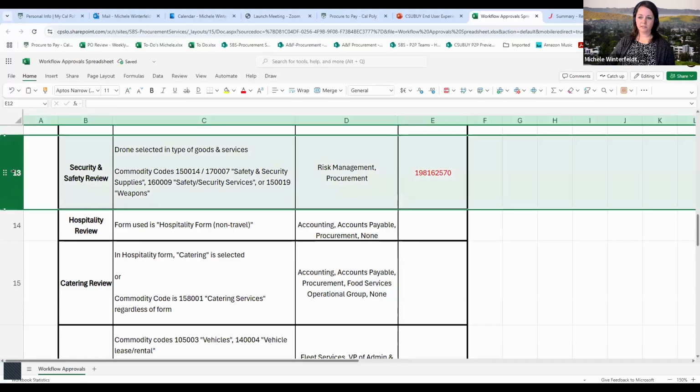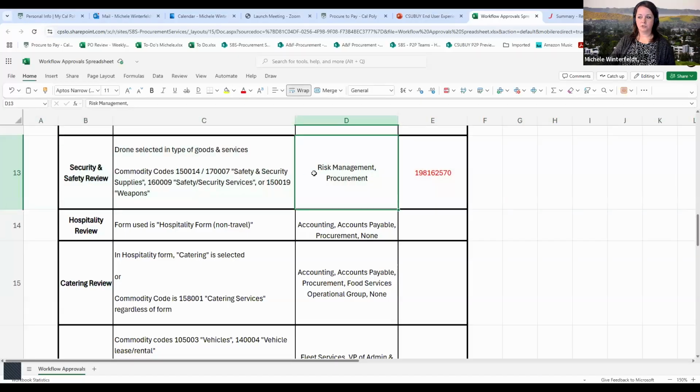Security and safety review is another review. Drones, safety and security supplies and services, weapons. There are several triggers, and so you might want those items to go to your risk management folks. You might also want them to go to procurement to take a special look, maybe procurement managers. So anyway, this one, we ended up deciding to send drone and weapons to risk management, and we sent the